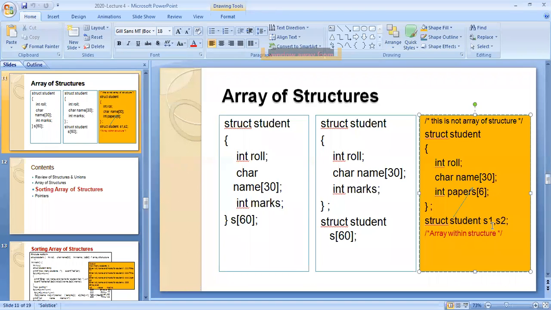So s1 dot roll number, s1 dot name, s1 dot paper. Similarly, s2 dot roll, s2 dot name, s2 dot papers. So there you are going to give the values. Understood? So this is an array of structures. So understood, variable within the structure, variable outside the structure. Understood this particular program?